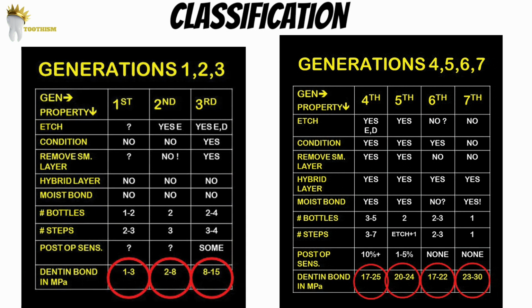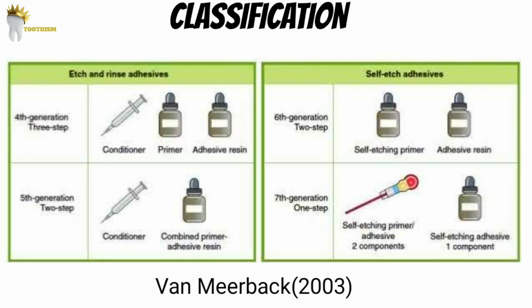Now let's see how dentin bonding agents are classified. Historically, dentin bonding agents have been classified into 7 generations. The first 3 generations failed to provide adequate bond strength to the dentin. There is another classification which is based on 2 general approaches to etching, priming and applying the bonding resin to dentin and enamel surfaces and is further subdivided into number of steps in the process.